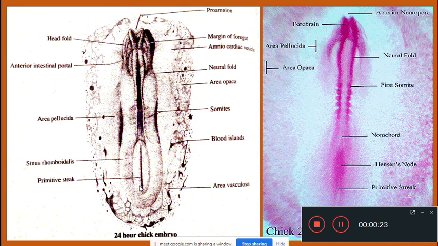It was during gastrulation that we saw the primitive streak. So once gastrulation is completed and the embryo reaches 24 hours of age, we can see the primitive streak retracts and gets confined to this area, to the posterior region. So that is one of the features, that is the shortening of the primitive streak and its movement